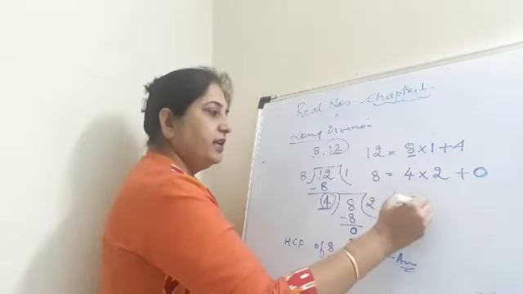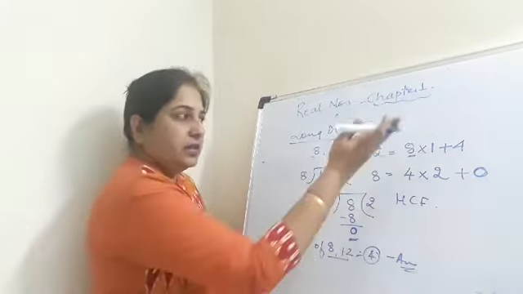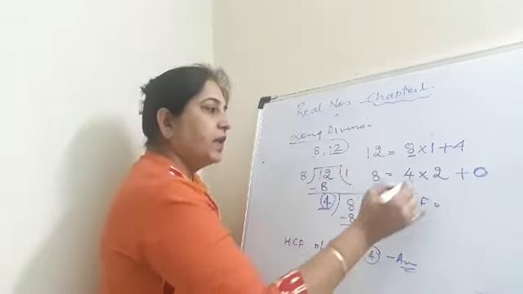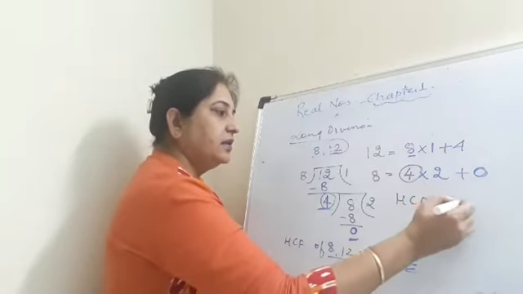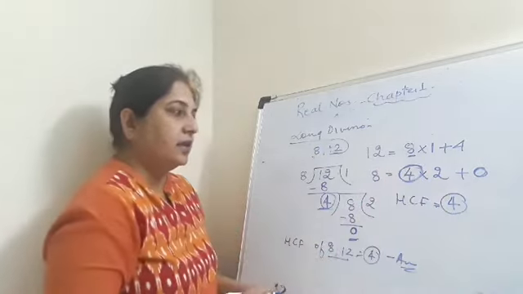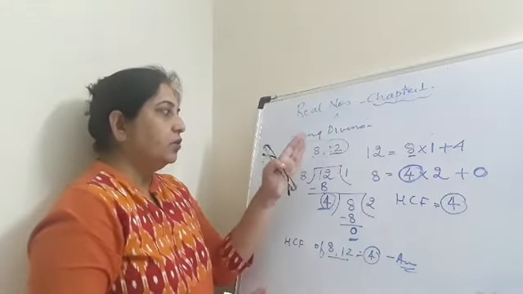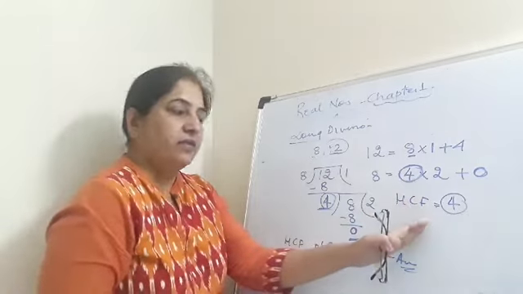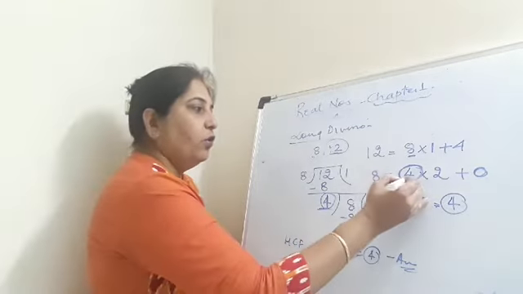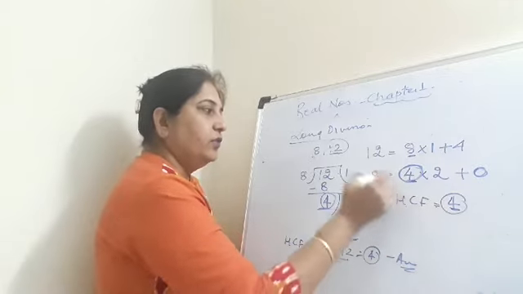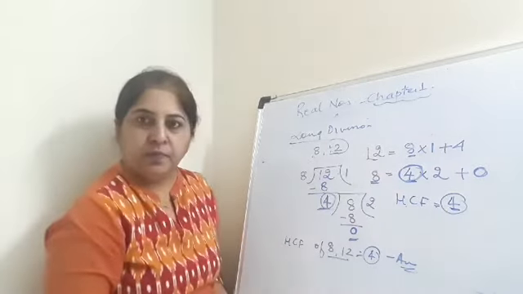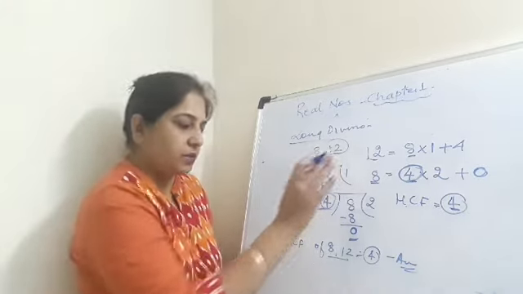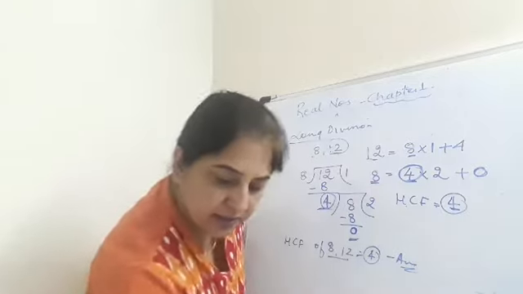Now what is the HCF? If I follow this procedure, then it is easy for me to write out the HCF directly, and this will be the answer. We have to understand that when we are solving using Euclid's division lemma, either we can go with this method or this method, but this is given in your textbook. So 4 will be the HCF of the two numbers, that is 8 and 12. Now this is very easy to understand because these are very small numbers. So I will now take a greater number from the exercise.